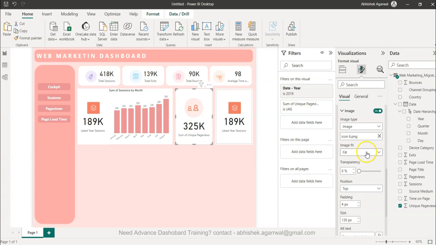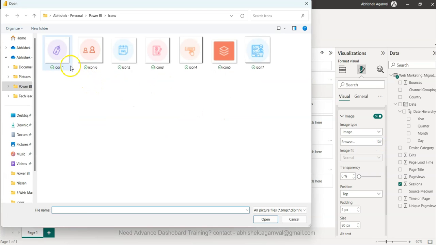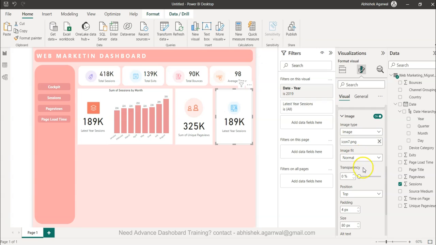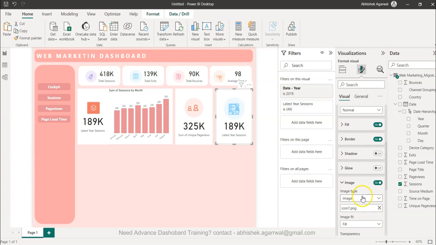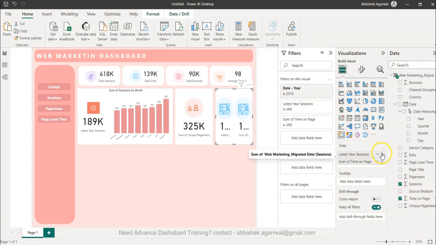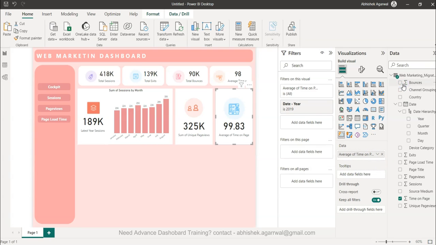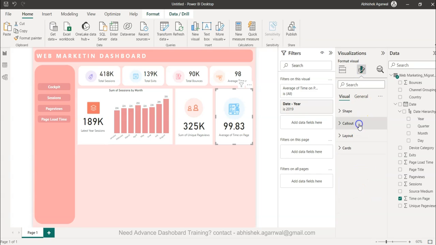So this is 130, and same way I will bring in one more icon, which is the 7th icon. Call it 130 and call it fill. So good, and then we will remove the border. But here what we have is the average load time, right? Page load time is here, and we will call it average. Okay, so we have this, and we will go in callout,